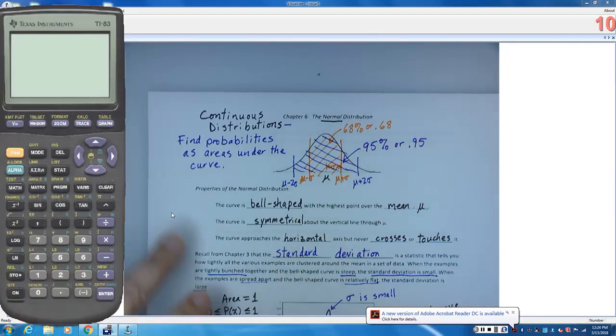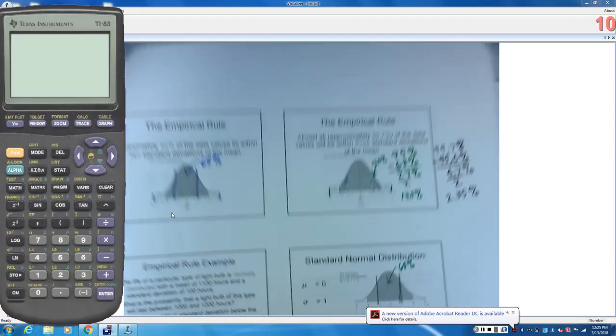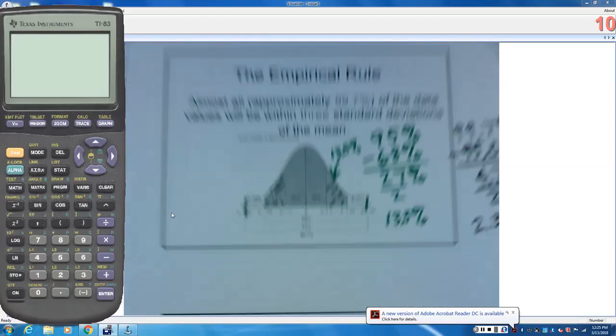And then if you go to 3 places, then that's the 99.7, and it's getting hard to read my graph. But, and you can, I have an old slideshow that shows you can figure out exactly how much is in each little section. We find areas under the curve, and so, like the empirical rule,